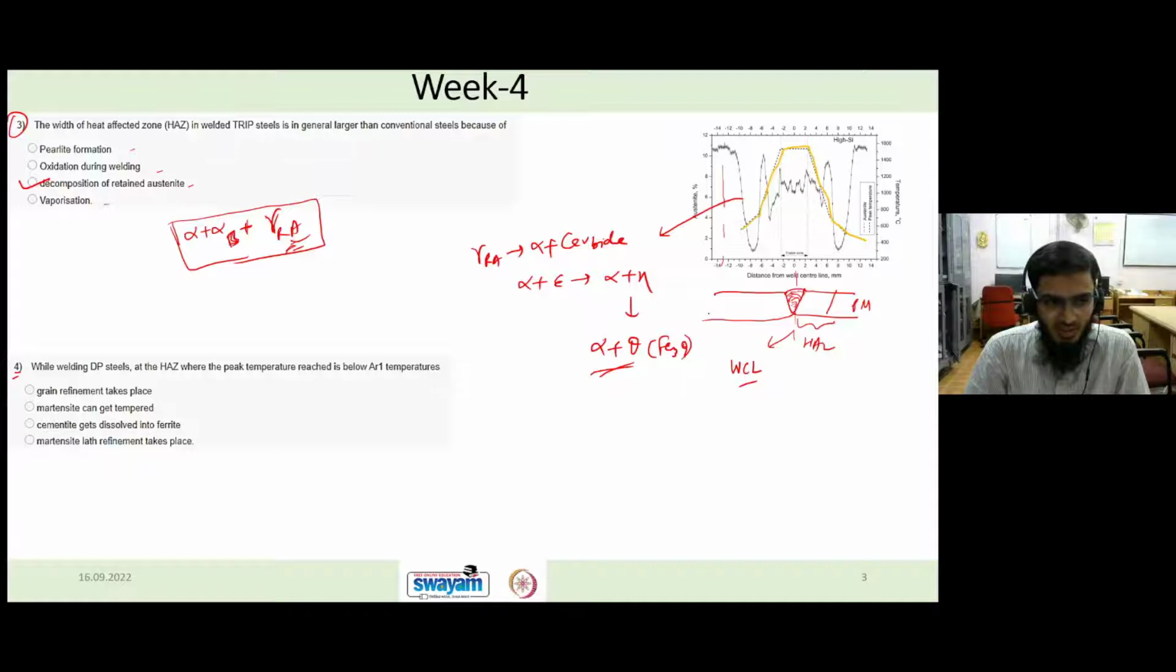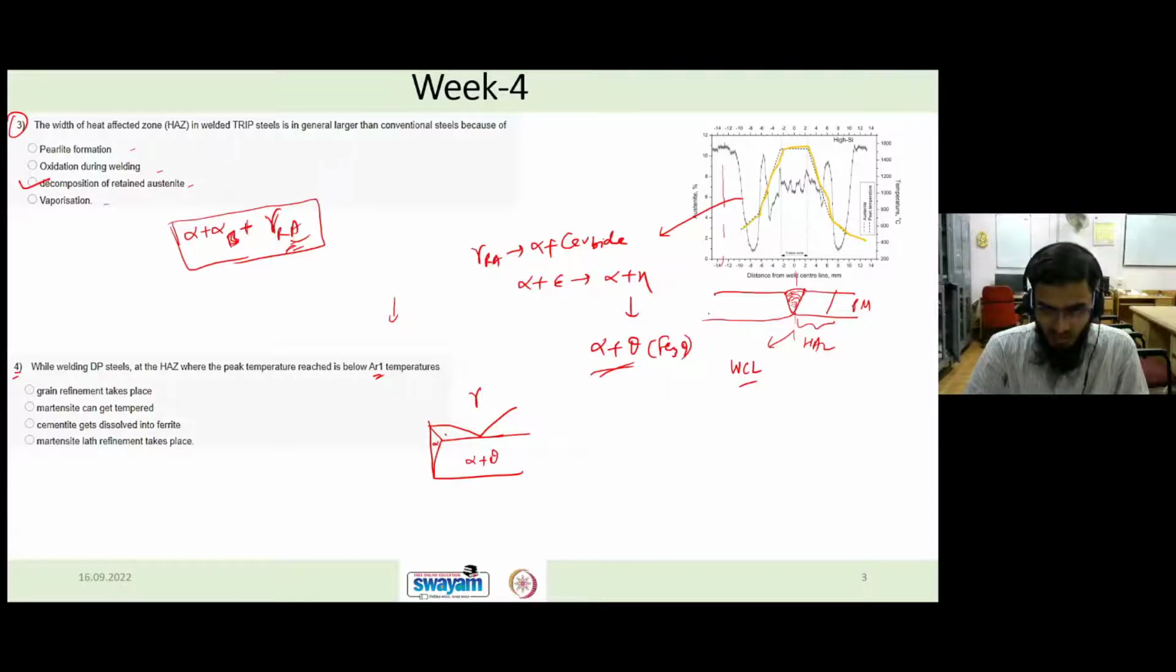Option C, cementite gets dissolved into the ferrite, and then martensite lath refinement takes place. For your knowledge, I will just clarify what the AR1 temperature is. We use this when we are cooling from a higher temperature. Let's say the low carbon region of the iron-carbon phase diagram. We have the eutectoid region, where we have complete austenite here, and then here we have ferrite plus cementite, that is theta,